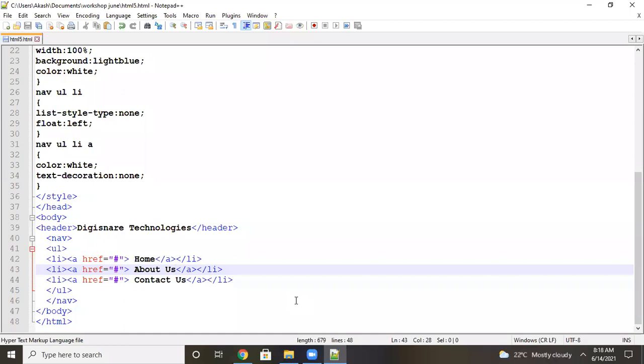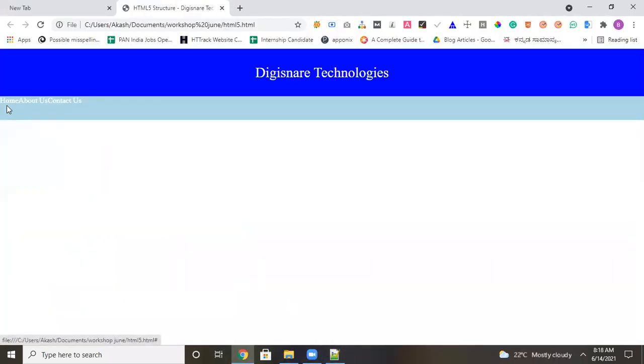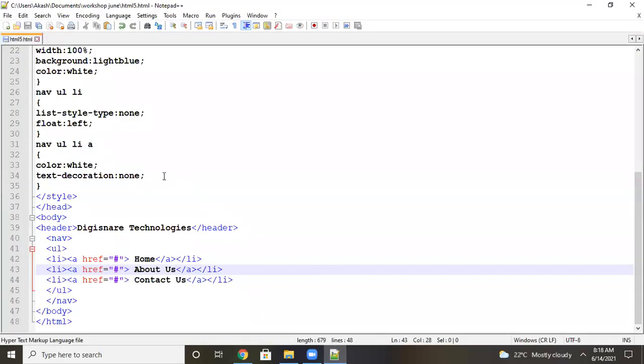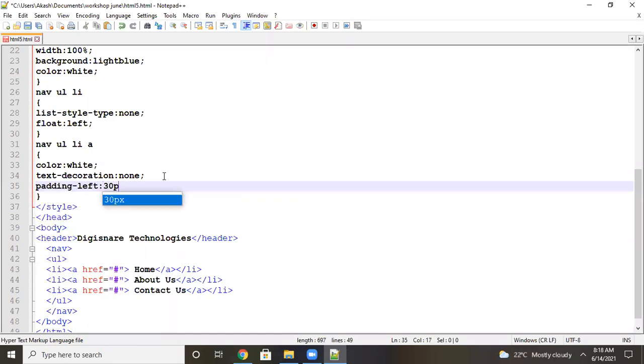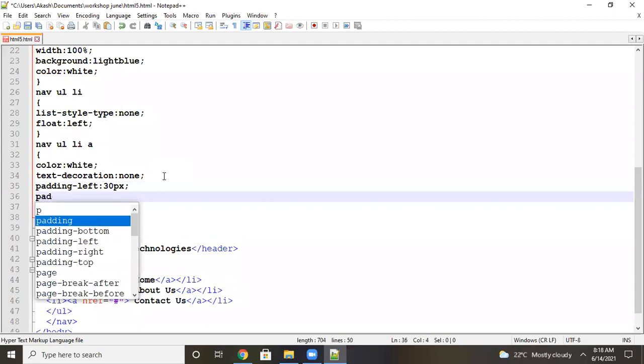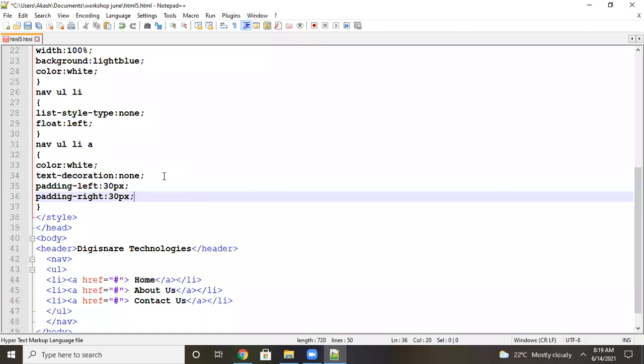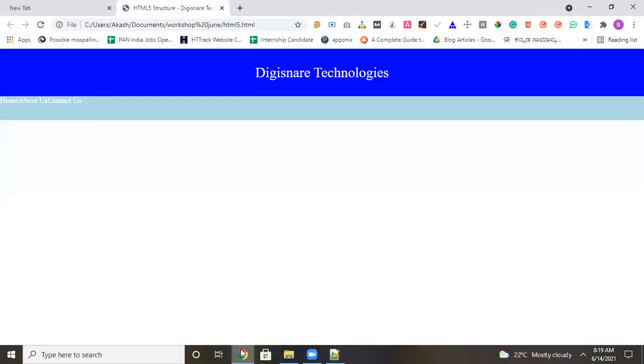For that purpose, you have to apply padding left and padding right, both sides. It will give the spacing here. Here itself I will apply padding left 30 px, padding right 30 px. Means we get both the corners.